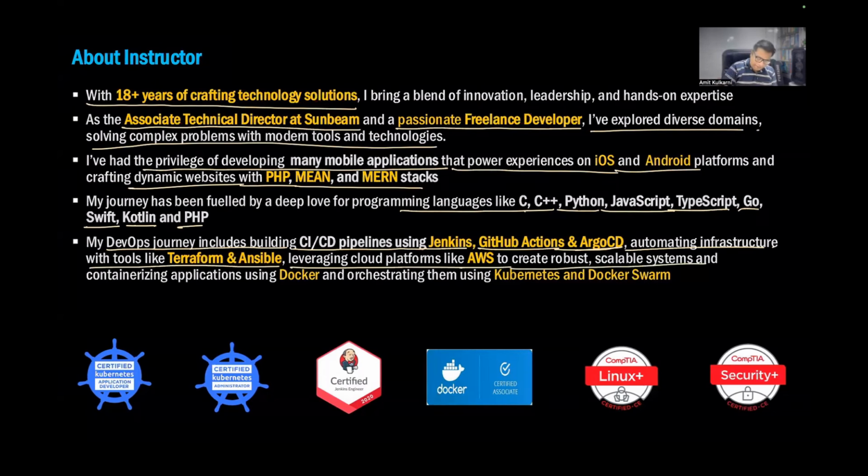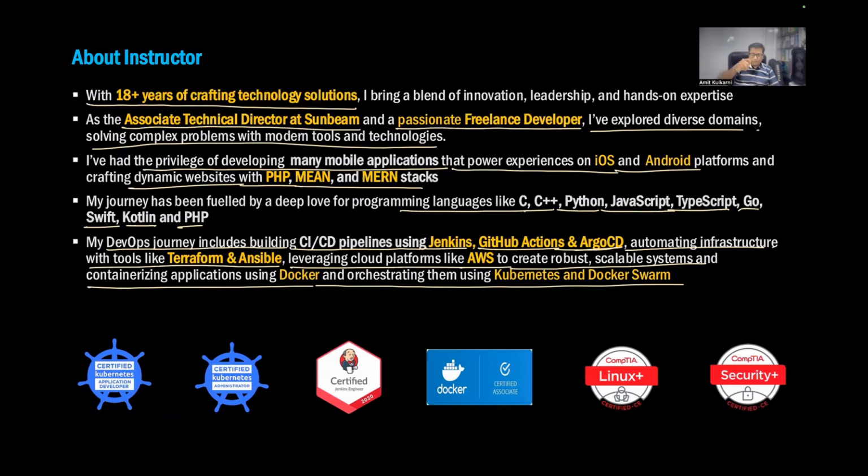Building robust and scalable applications, containerizing the applications using Docker and orchestrating them using Docker Swarm and Kubernetes. Docker Swarm is generally used for small applications. Nowadays, it is not really preferred. Even for small applications, we still use Kubernetes. Kubernetes is very important in the deployment world because this is where you can develop highly available applications.